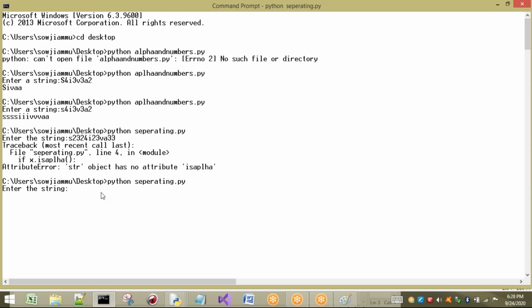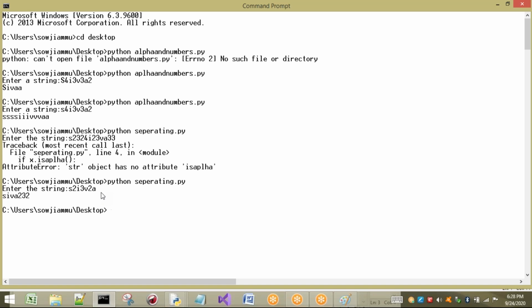So it is asking for a string once again. So I will give whatever things I require. Now see, what is the answer I got? So whatever I require, I got the answer. First we got all characters, and later we require all numbers. So that we got. If we require first numbers and next characters, we can also write S2 plus S1. In this way, we can separate different types of characters in the string.